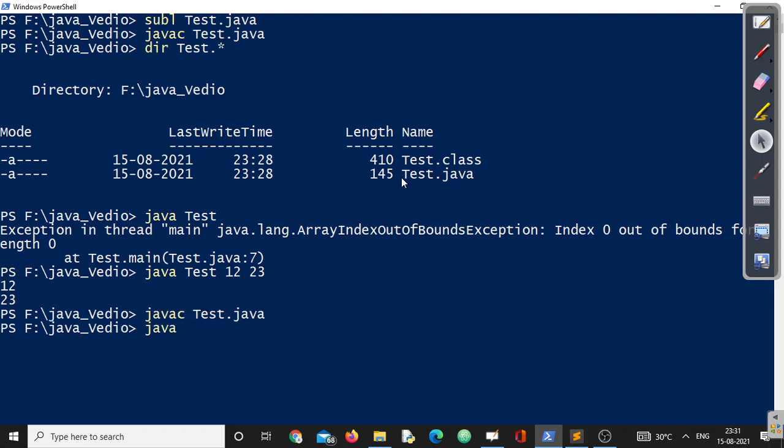I am writing java Test. Suppose I am passing 12, 13, 14, and so on, not only one, not only two, but a number of arguments. Now see, I have printed 12 and 13, args[0] and args[1], but can you please count how many arguments are there? This is 1, 2, 3, 4, 5, 6, 7 and 8. So 8 arguments are there.